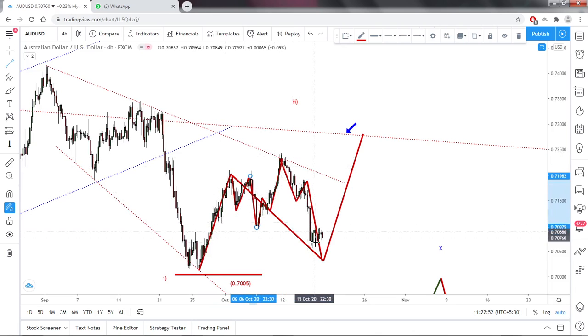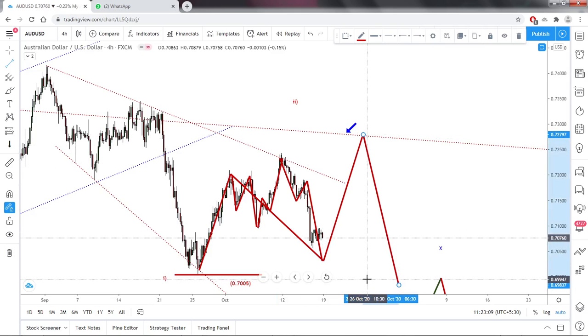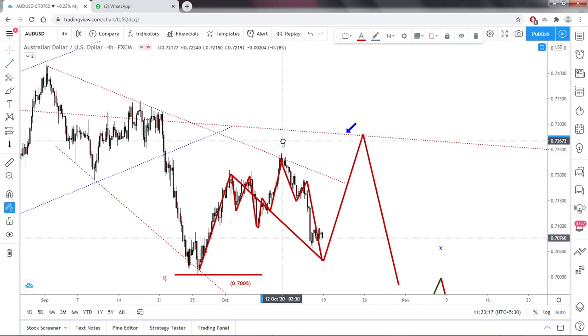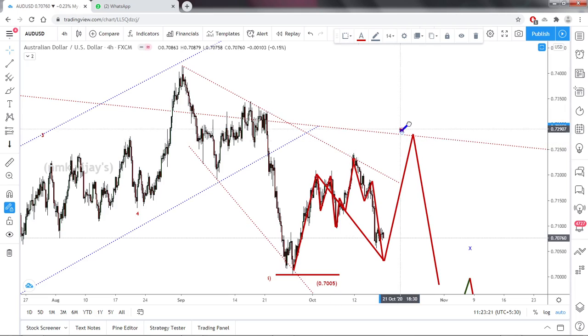So again one more 3-wave structure is finished, or it could be ABC is an A, ABC a B, and C may be a 5-wave structure, and it won't break this low. That means there is a lot of chance to make one more high, and then again it may fall. But if we consider this as a 3-wave structure, this is valid for that 2nd wave. Or if it did one more high, that is also valid for that 2nd wave.